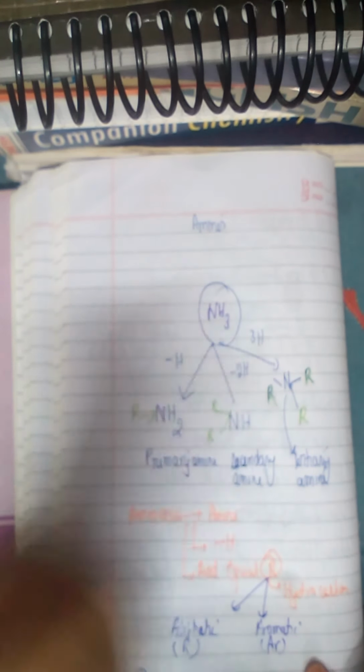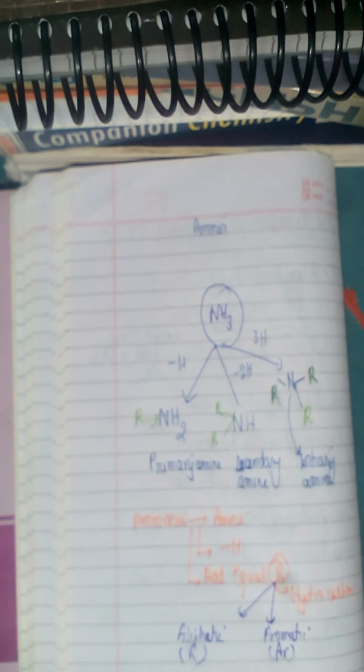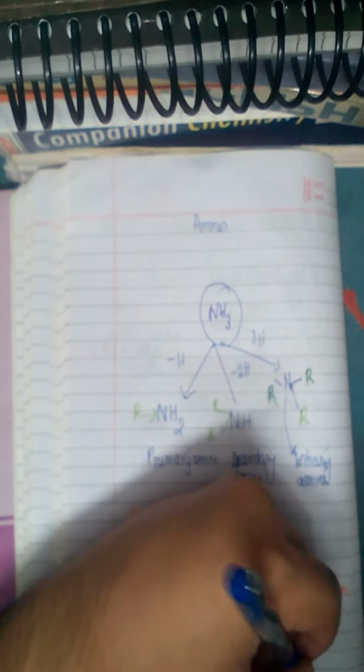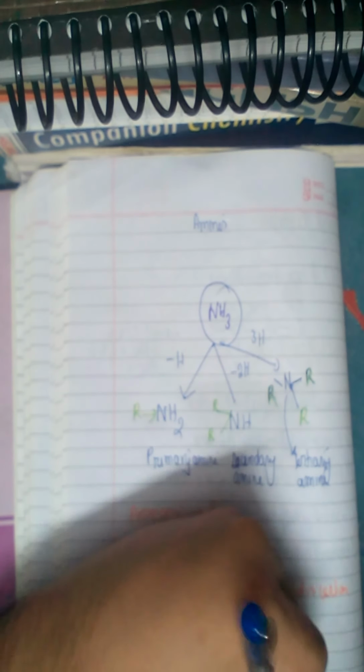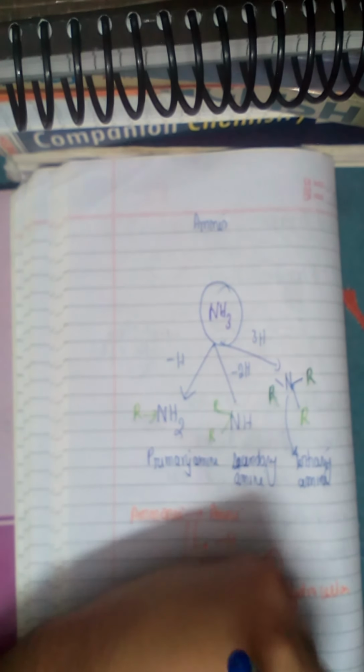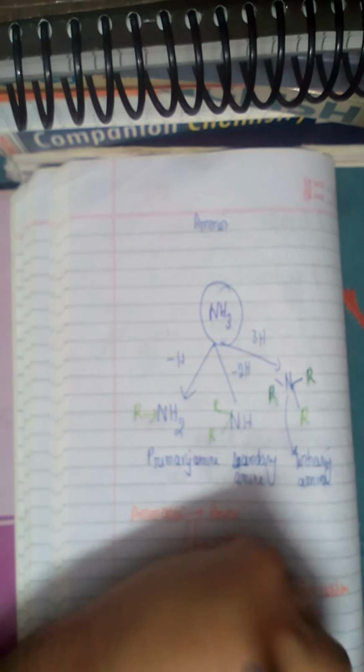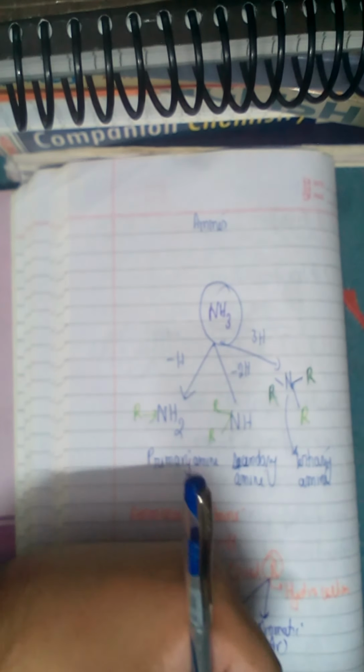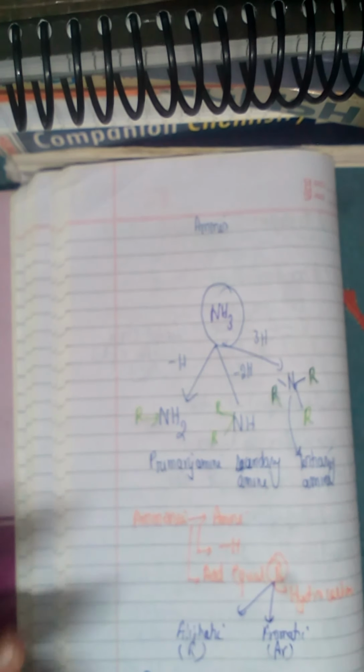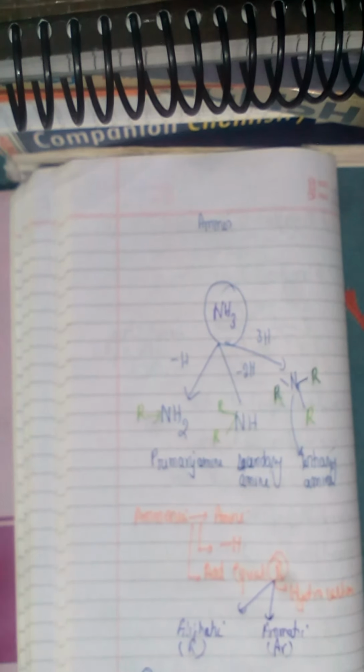The next thing is, if I have this R group which is added instead of hydrogen as an aromatic group, that means it's an aromatic compound, a benzene derivative. It will become an aromatic amine denoted by ArNH2. Example, I have a benzene ring. This is the aromatic compound benzene, and I add an amine to it, NH2. This becomes an aromatic amine. We will learn how to name them now, so just understand the example.